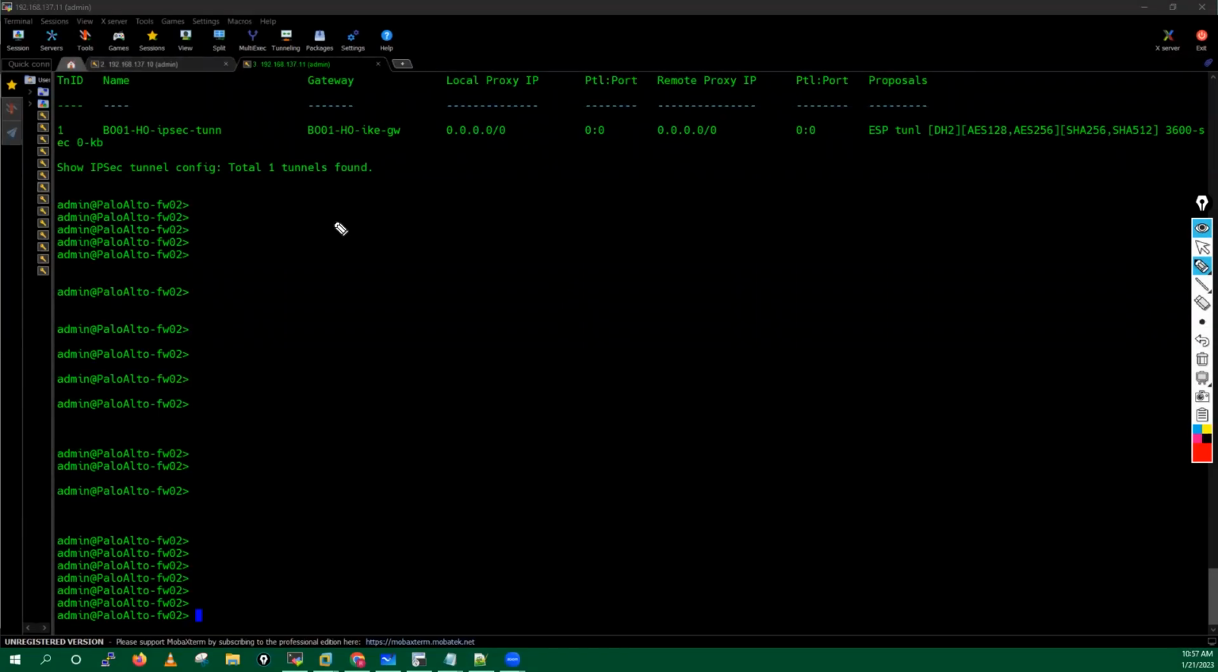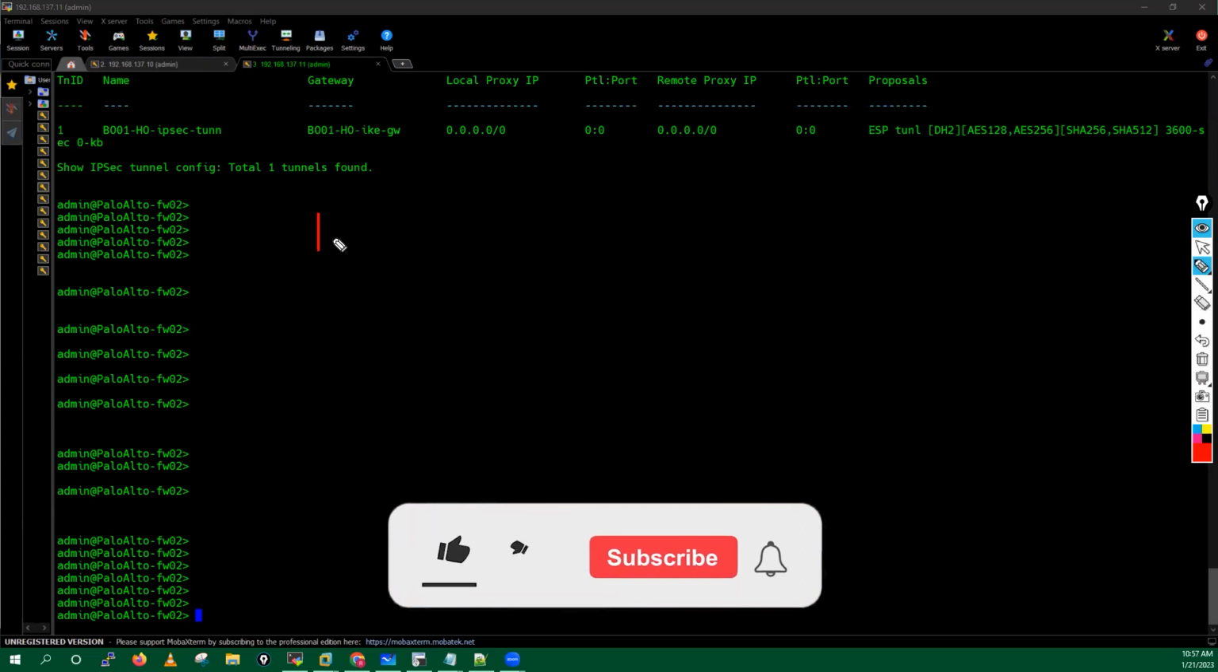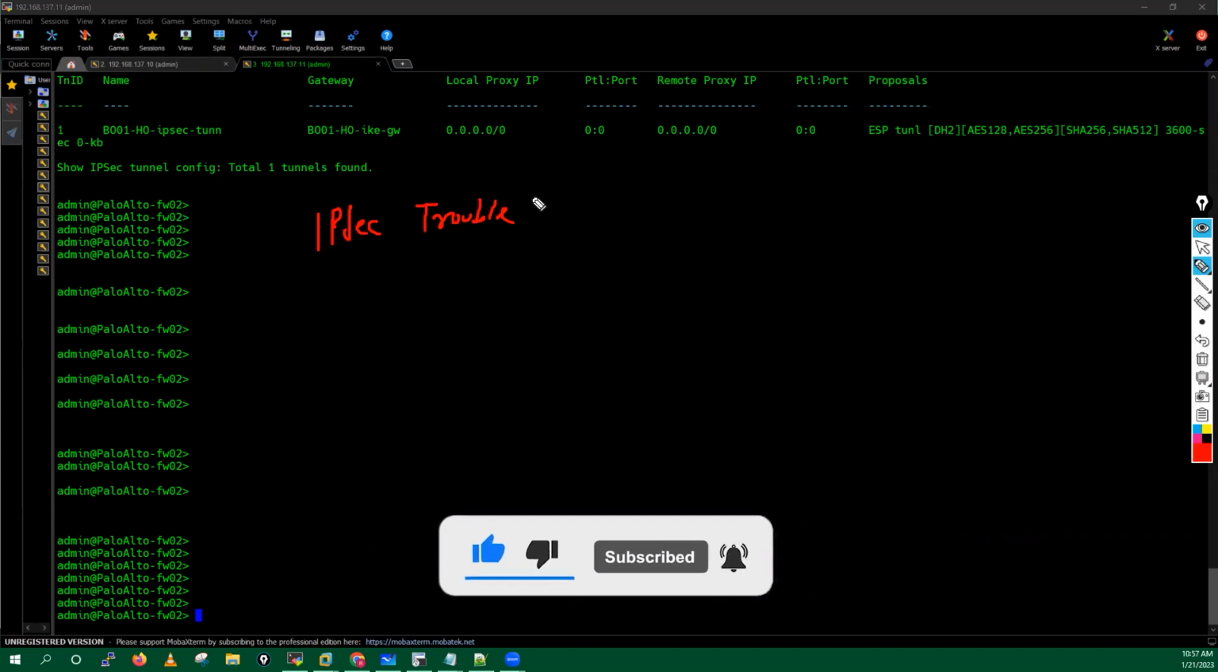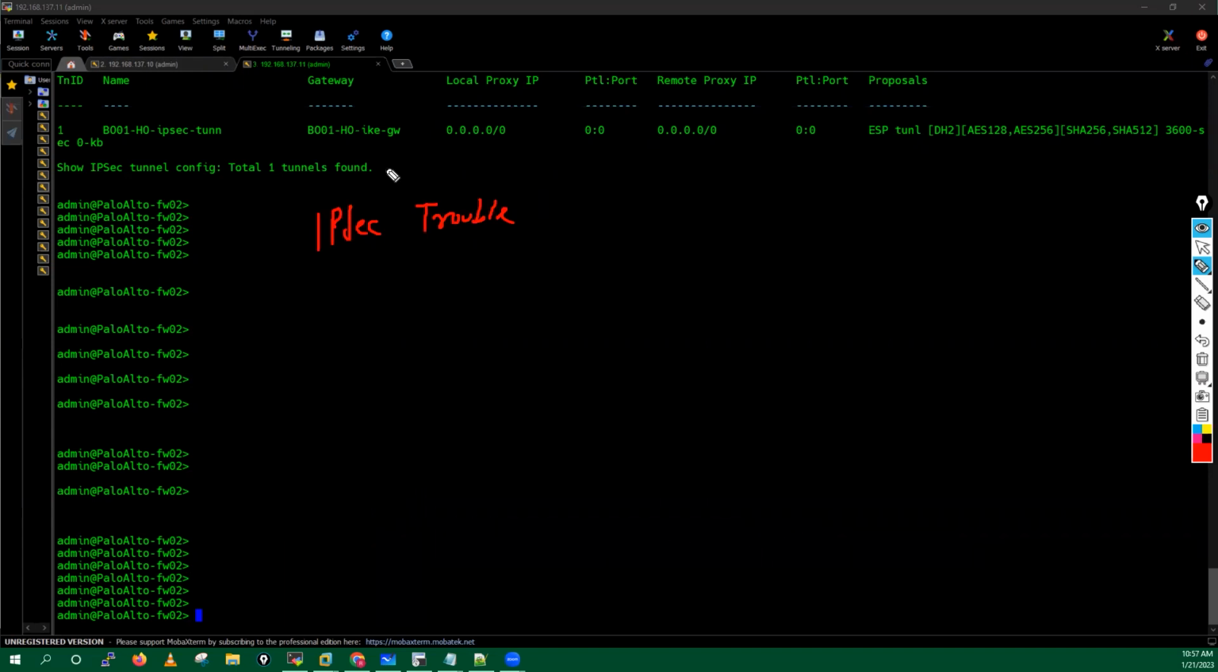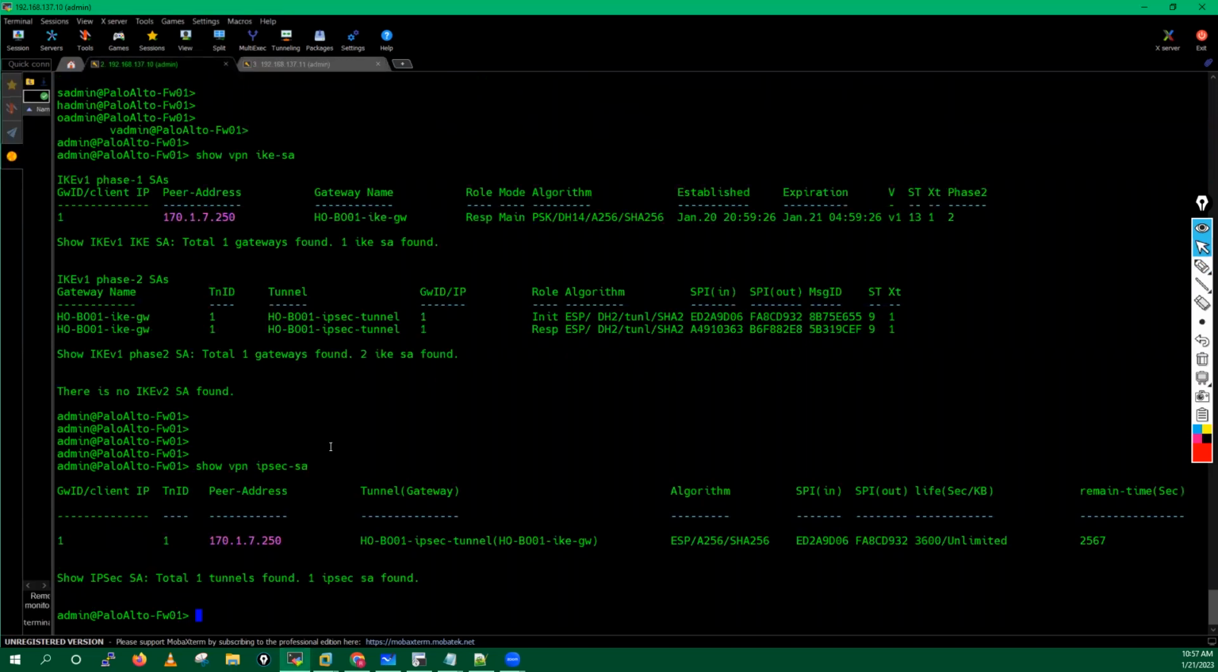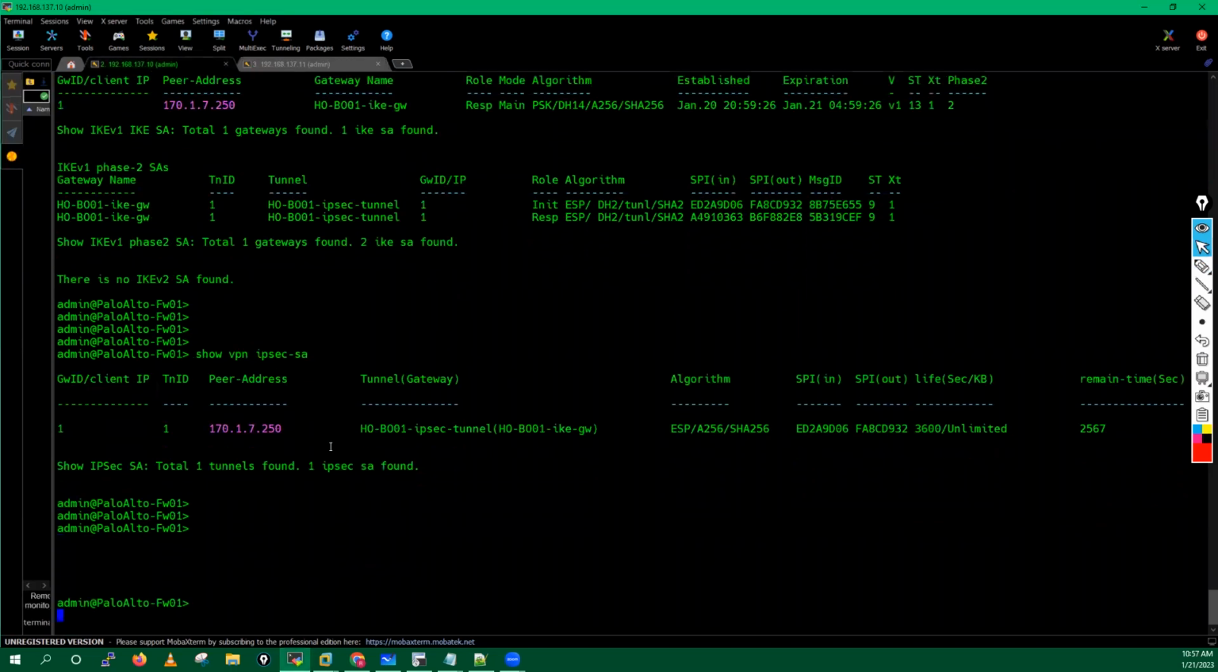Guys, so now let's try to do how IPSec troubleshooting we have to do in your Palo Alto Firewall. What are the things we have to consider, and we will also validate your main mode exchange process one more time by running the debugs basically in your Palo Alto Firewall. Okay, so for that, what I will do,